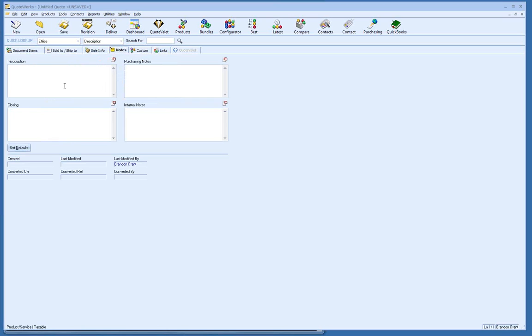The Notes tab has 4 different notes fields. We have the introduction and closing on the left-hand side and the purchasing and internal on the right-hand side. The introduction and closing notes are typically notes you would want the customer to see. So this can be anything that's about us information, ordering instructions, boilerplate information, anything that you want the customer to view in kind of like a paragraph form on the document, you can include in these fields here on these